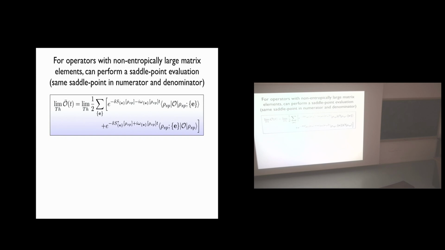Then in those assumptions, the whole time evolution of an observable falls back onto this formula here that tells you what you need to do is to compute the expectation value in the saddle point state, in the steady state. And if I put t equal to infinity, I dephase and I'm going to go diagonal. Namely, I would just have the expectation value of O in the saddle point state. If I go to large but finite times, I need to include some excitations around it. And then I need to include their dephasings and their differential overlaps. But I'm still just summing these things here. And summing enough of these things here would allow me to reconstruct the whole time evolution.